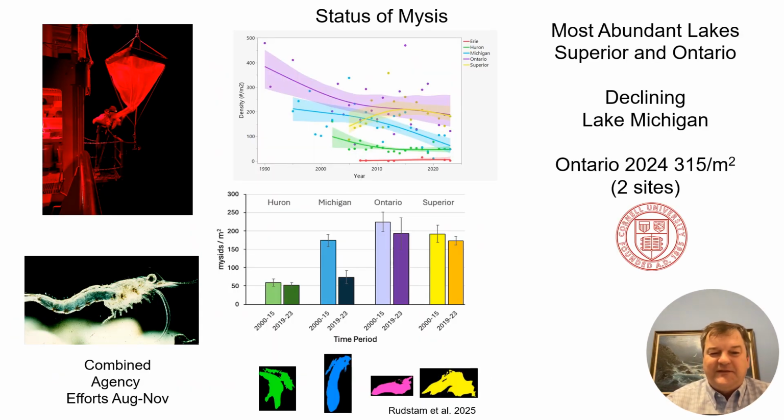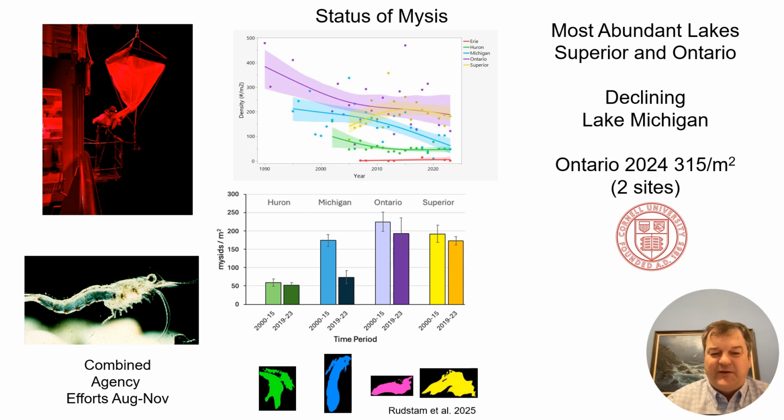When we turn to mysids, which is an extremely important prey item, we have good news for Lake Ontario. It has decreased slightly over time since the 80s, but we still have a very strong population. So we've marked these in two different time intervals from the early 2000s to the more recent years. Very little decrease, and similar to levels of Lake Superior, which is the least productive lake, but actually has a